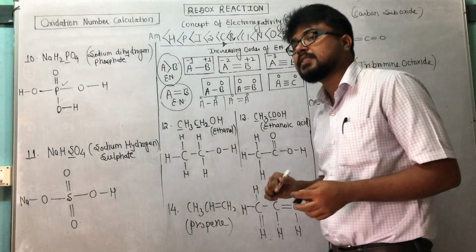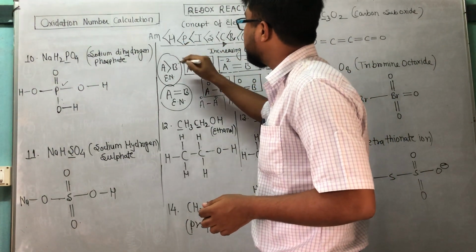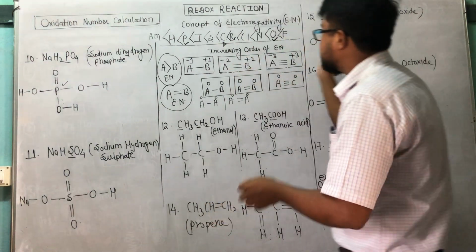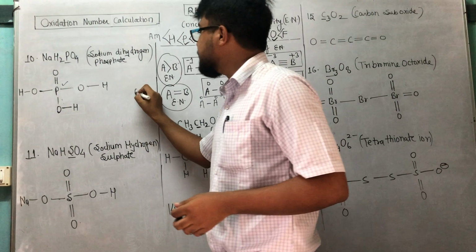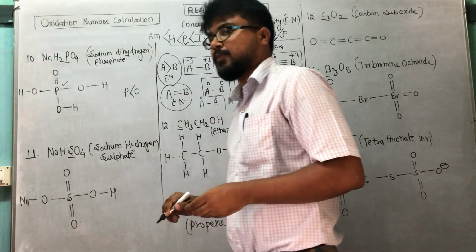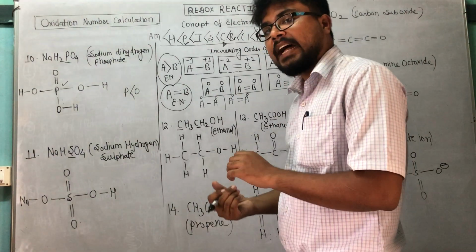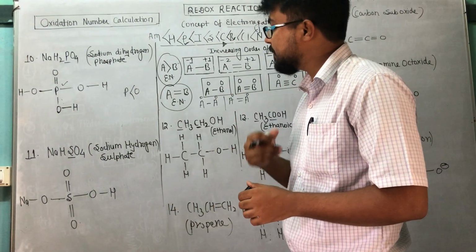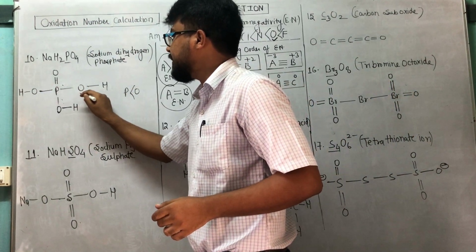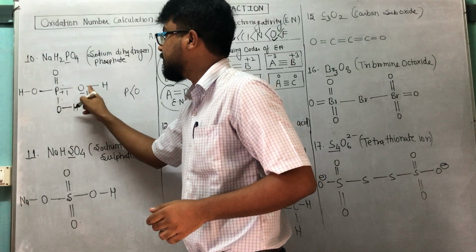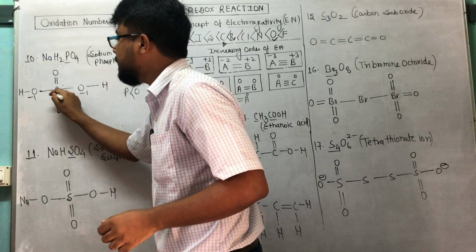So we will use the periodic table concept. Here phosphorus is less electronegative than oxygen. See, oxygen is on the extreme right side and phosphorus is on the extreme left side, correct? So oxygen is more electronegative than phosphorus. Then what is next? Oxygen will carry a negative charge, and phosphorus will carry a plus charge, correct? So for a single bond, oxygen has -1, phosphorus has +1 for this bond, correct? For this bond it will be -1 and +1.